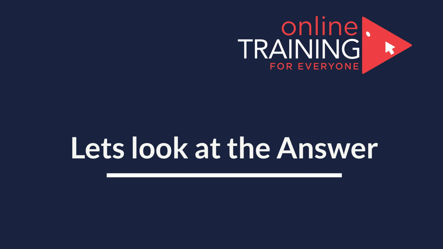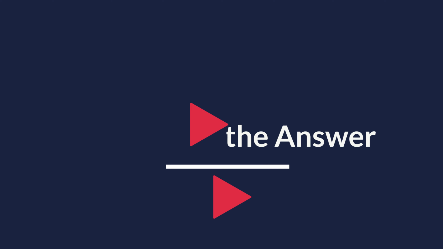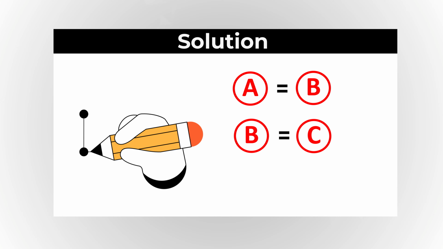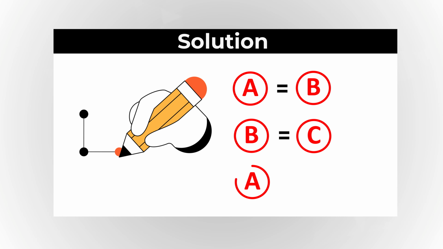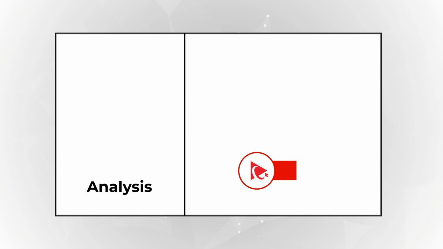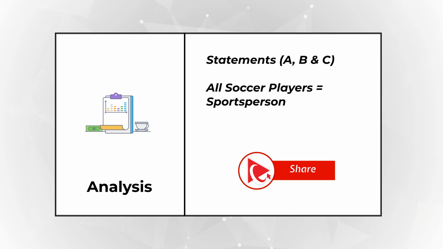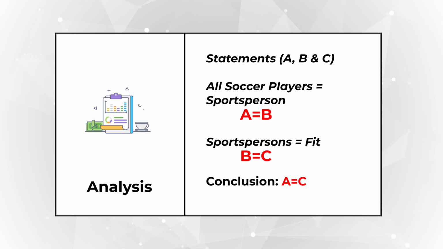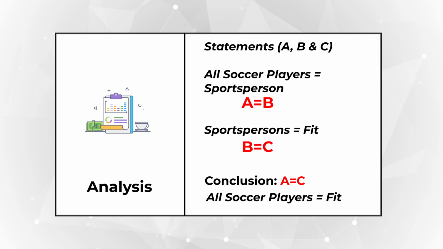As you might be well aware, in the logical world, there is a formula. If A equals B and B equals C, then you can reasonably conclude that A equals C as well. We can look at our original statements as A, B, and C. For example, the statement all soccer players are sports persons could be an equivalent of A equals B, and then all sports persons are fit could be B equals C. Based on these two statements, we can reasonably say that A equals C, which would mean that all soccer players